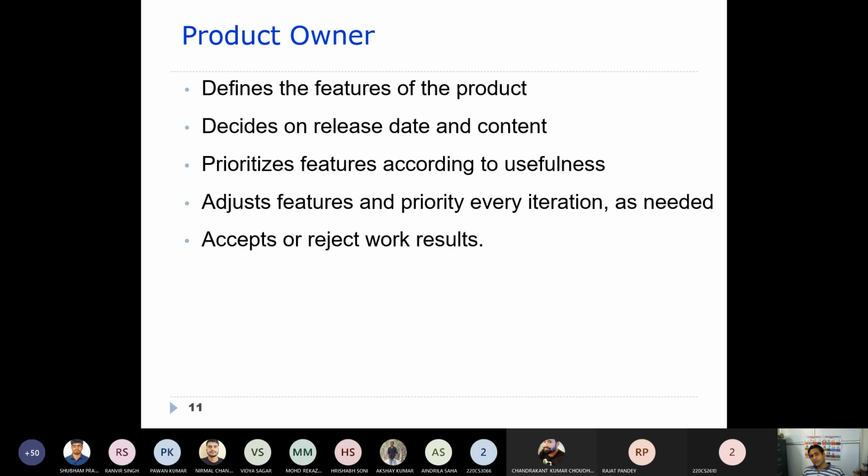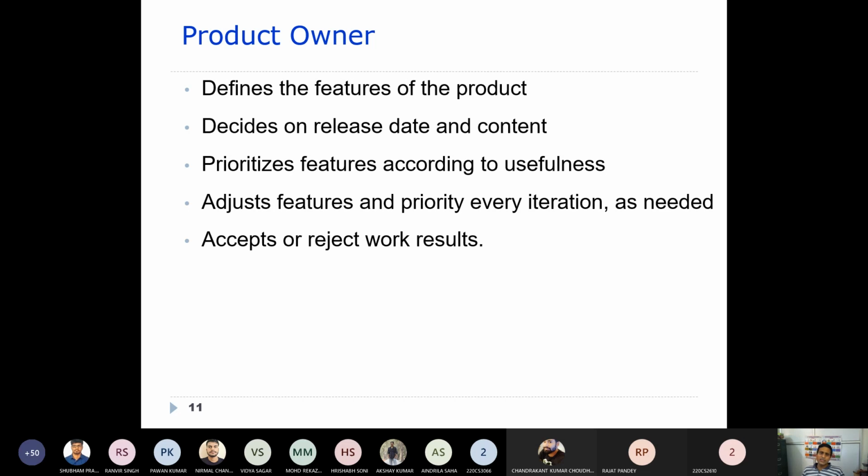The product owner also decides the release date and content: which increment should be released on what date, in which sprint.